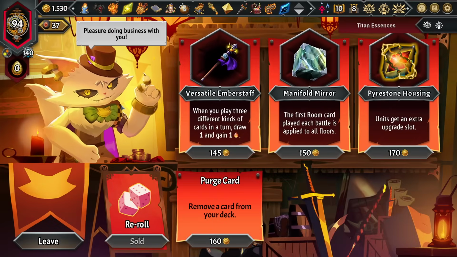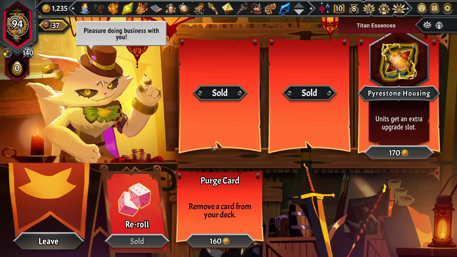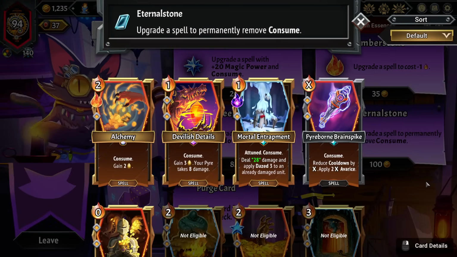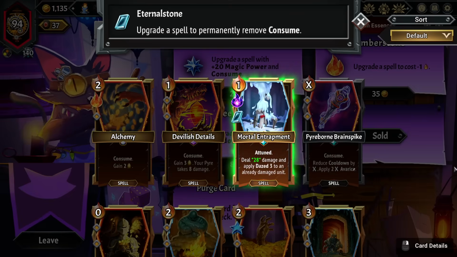The first room card played each battle is applied to each floor. That's pretty fun. Not necessary at all, but I'll take it just because we have so much money. I really do like removing Consume from things like Devilish Details and Alchemy. I'm just not going to draw back to them consistently at all, so...